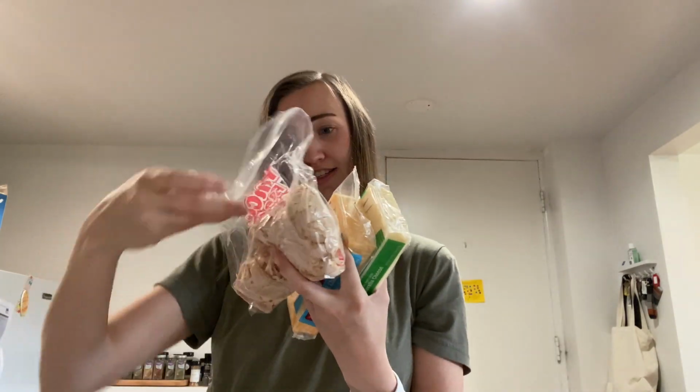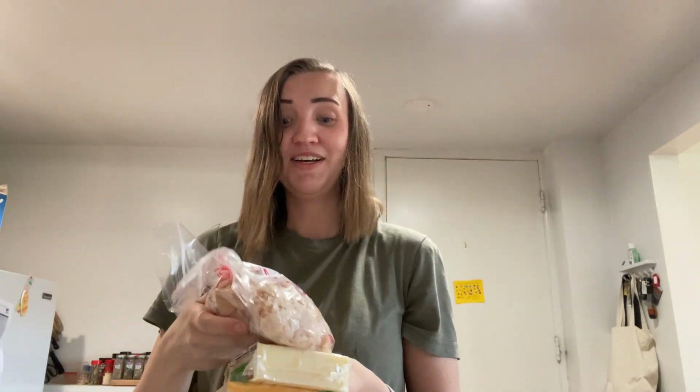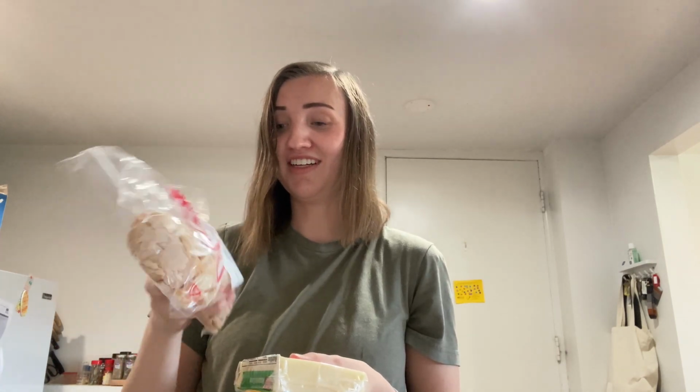I actually just went to the counter and got sliced deli meat there at the counter, which I've never done before, but I want something that's better for us. So I feel like this is better. I don't know if it was the best option, but it was the cheapest. So turkey. Then I have bacon for those sandwiches I mentioned, some frozen peas for my toddler, and a big thing of